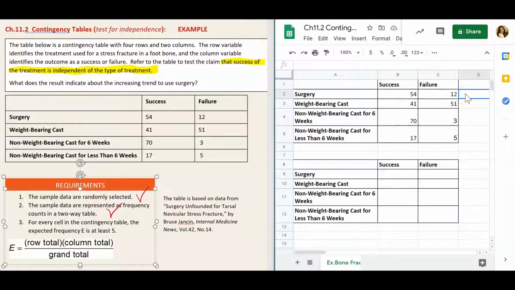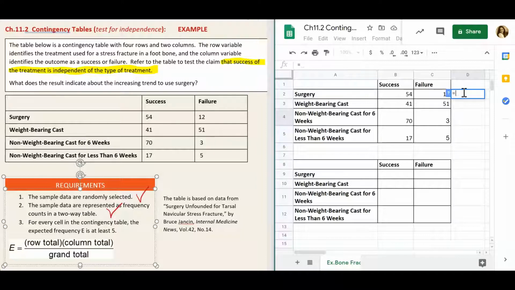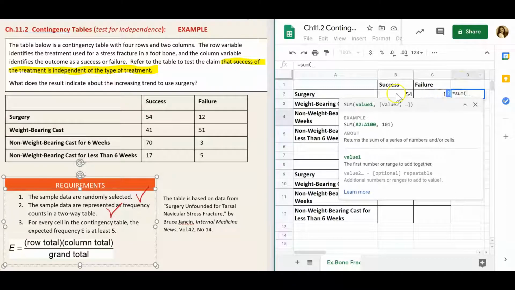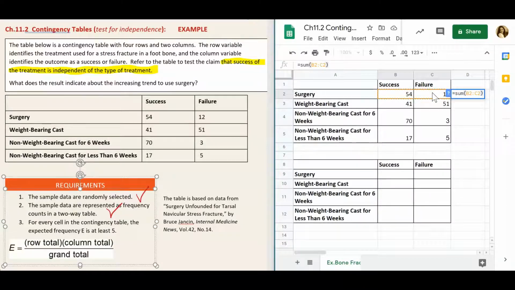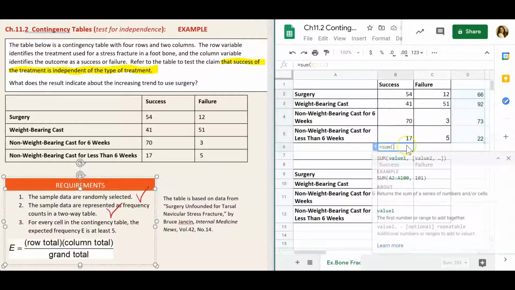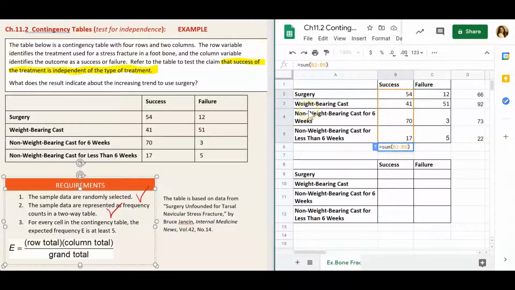So let's find the total for each category. Let's create the formula to find the totals of all rows and the columns. Equal to sum, open parenthesis, select the values you want to include in the total, close parenthesis, enter. And then we're just going to grab this cell and extend it to the other 3 columns. We'll find the total for the columns the same way. Equal sum of, open parenthesis, select the cells, close parenthesis, enter. And we're going to copy this formula to the next column as well.